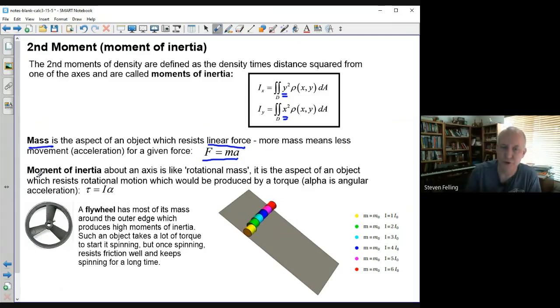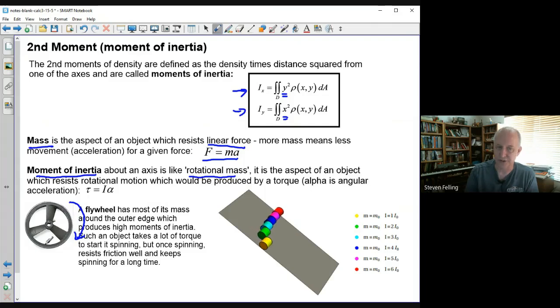Well, the moment of inertia is the same thing, except it's like rotational mass. So if you're rotating something, it's the aspect that tries to resist rotation, right? So that's called moment of inertia. And the moment of inertia around a particular axis is given by these equations here, depending on which axis the rotation is about. Okay, so like a flywheel has most of its mass at the outer edge, which means